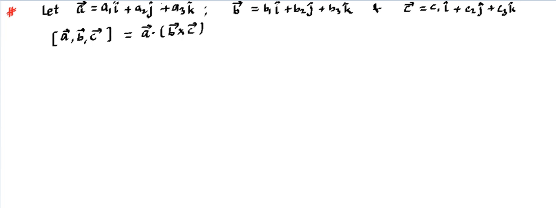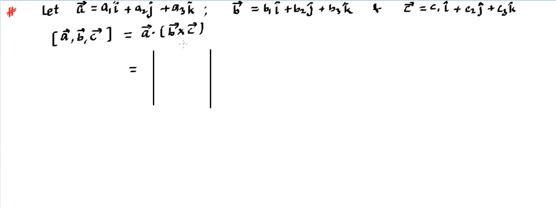This can also be found out by using the determinant method. That means this is going to be equal to this determinant. So if we know the opening of the determinant, which we have talked about in the previous video in case of cross product, that determinant can be used here as well to find this value directly. So we will be making this kind of determinant, and here we will be writing the corresponding coefficients